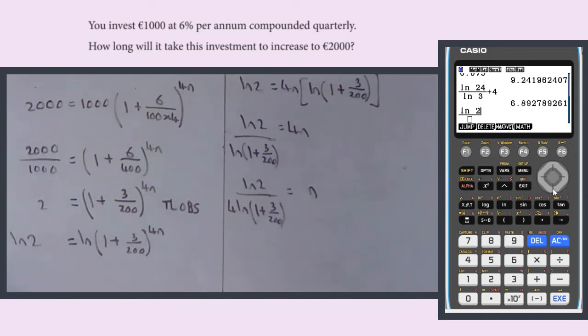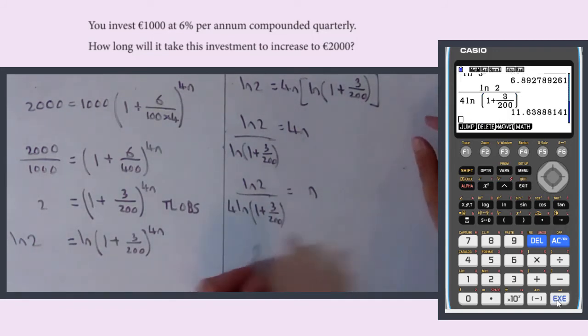ln2 over 4 ln(1 plus 3 over 200). Make sure we close the bracket in the right place. And that gives us an answer of, it tells us n equals 11.0